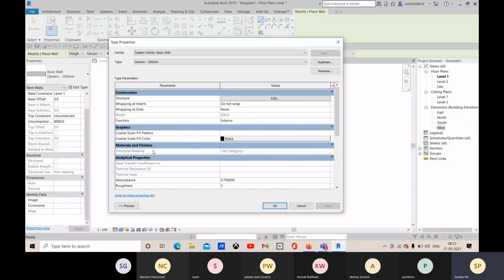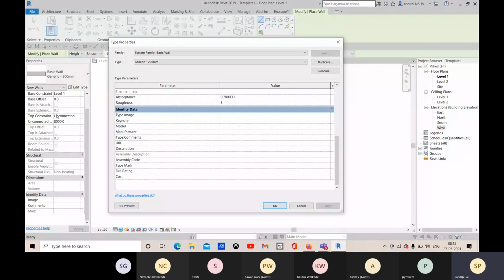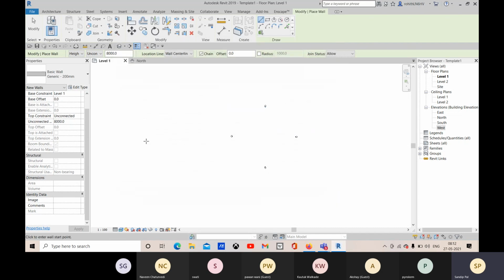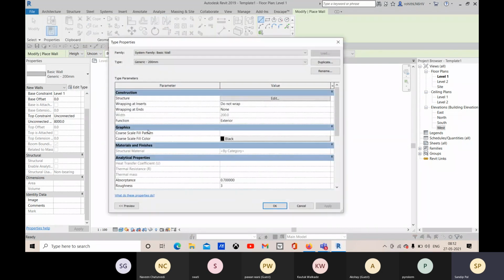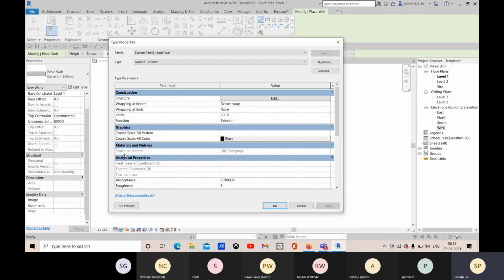So if you need any extra properties for this wall, for all the walls, you need to go with the project parameters, and you need to add the project parameter. Okay. See here we don't have the brick standard. Suppose I need to add that. Okay.